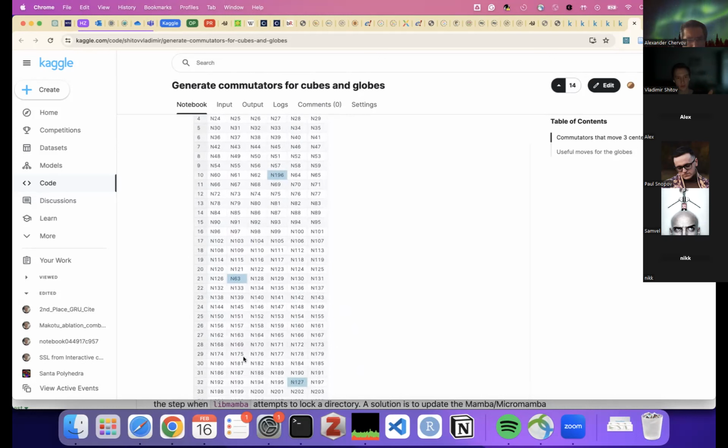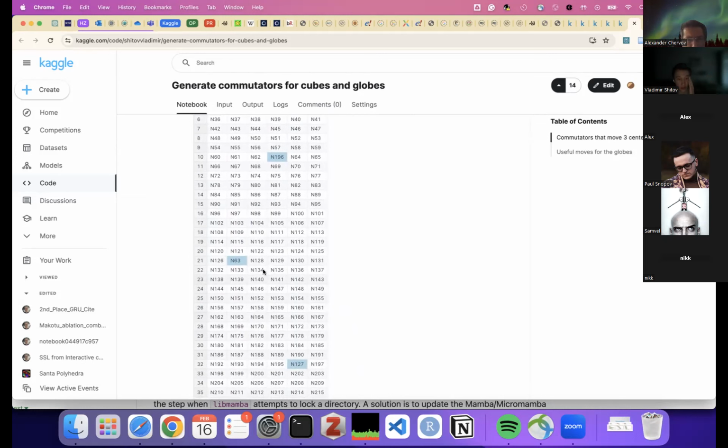This is a sequence of moves. It's not particularly short. I think it has like 9 moves, but still, it's very useful. If you only apply these types of moves that swap some pieces and leave everything else in place, you can actually apply them using this greedy algorithm that just takes the best move in terms of number of pieces in correct places, and you can basically reach the solution.